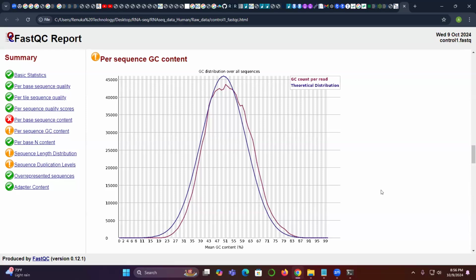So why are we checking? Because GC content shows the stability in our sample. You already know GC is connected with 3 hydrogen bonds, right? So that is why it is giving stability, right? That is why they are checking the GC content here. So now here,